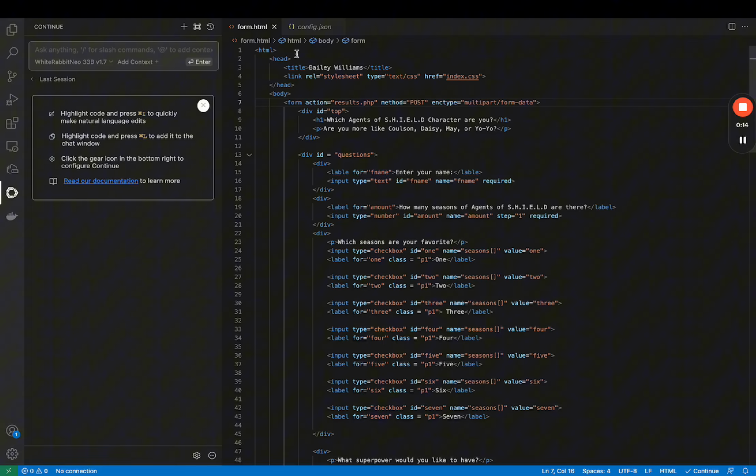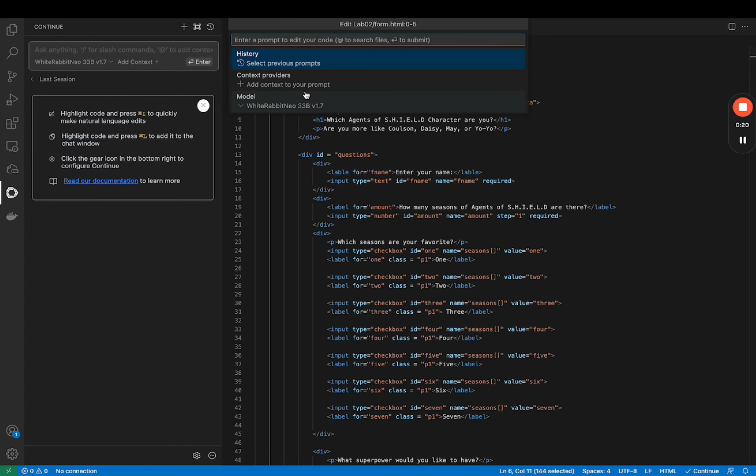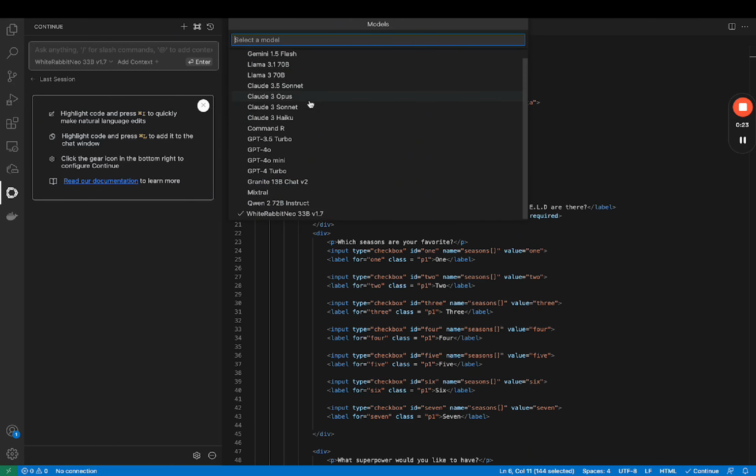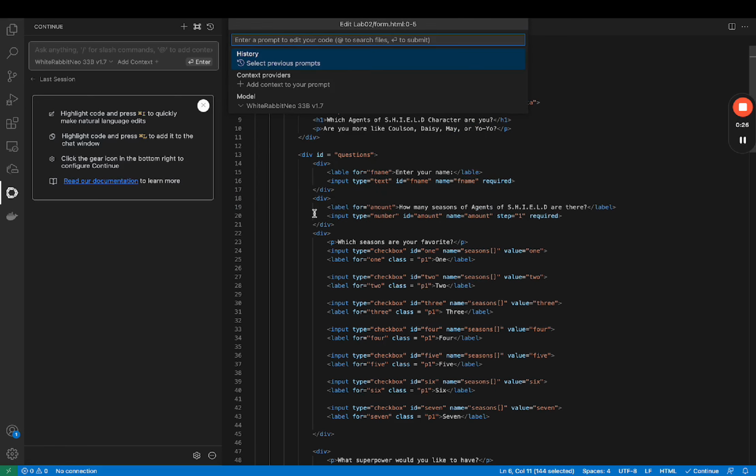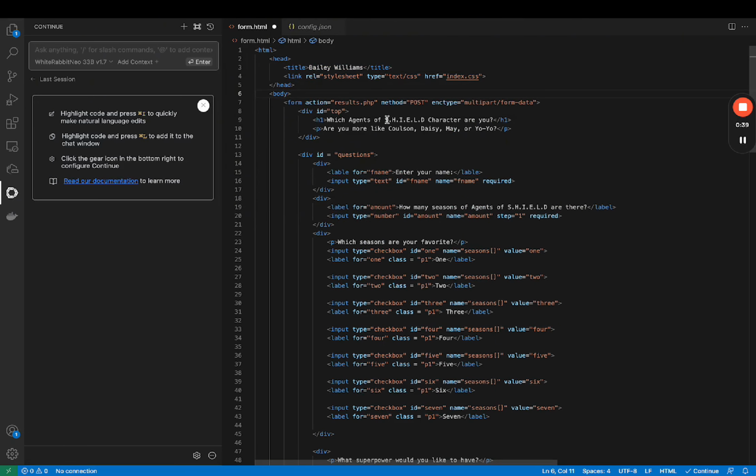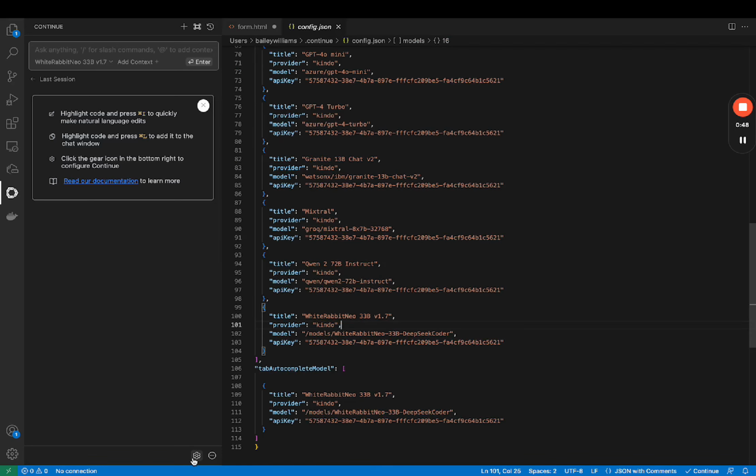The next way is by using WhiteRabbitNeo as the AI model for the Edit Highlight Code shortcut. So that is done by clicking Command-I on your keyboard, and then from the model drop-down list you can select WhiteRabbitNeo. And if WhiteRabbitNeo does not come up for either of these steps, go to the settings icon to configure